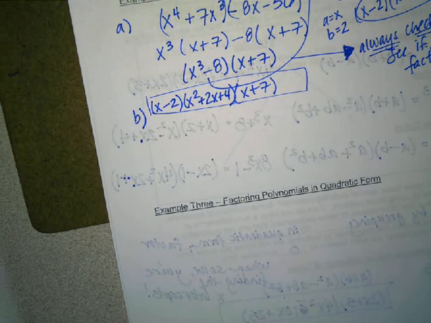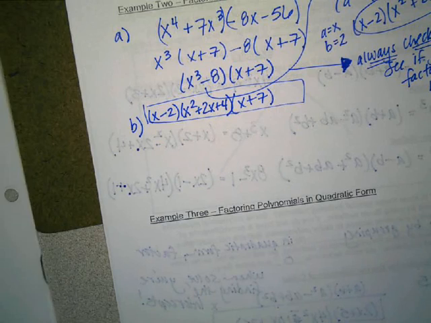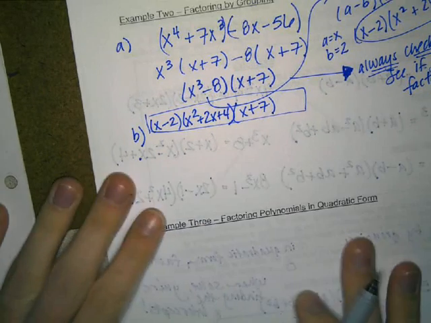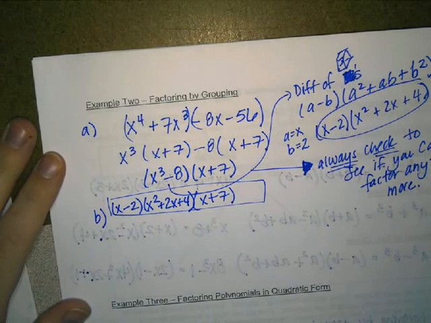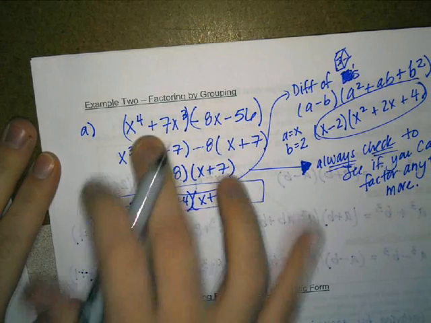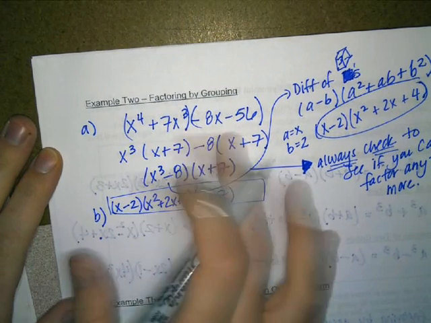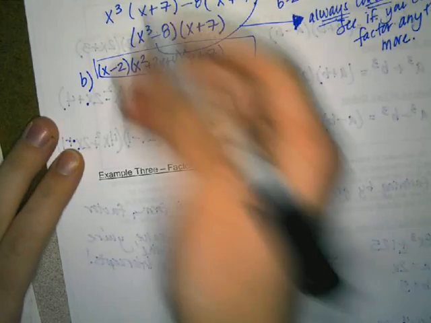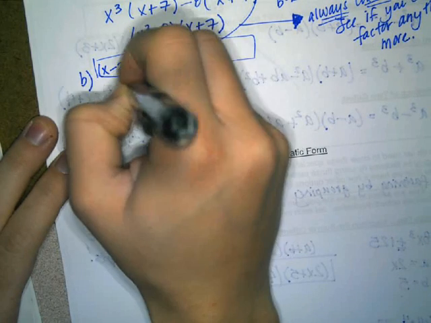Example 2, we're going to start with B as a review of what we did last video, last homework. Example 2 is a reminder. This is factoring by one of the methods that we use to factor polynomials, which you're already familiar with because it's factoring by grouping. So the next example that we're going to look at is negative 2x cubed minus